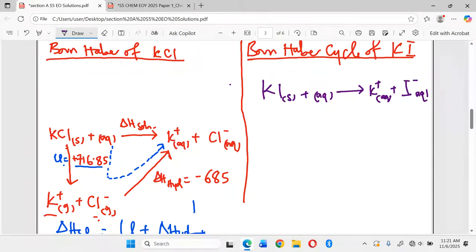Still also aqueous. Now this is the enthalpy of solution. Then we also look at the lattice energy, which involves breaking the crystal lattice. The solid will be breaking into its gaseous ions. Here we have potassium and chloride gaseous ions, and this lattice energy, the other side was negative, now here it becomes positive